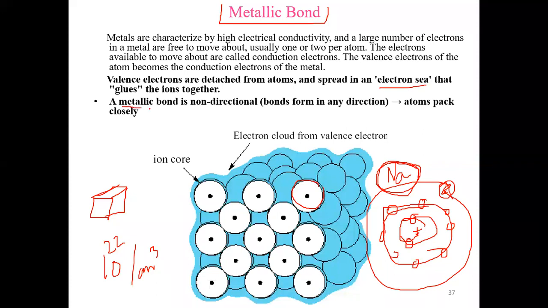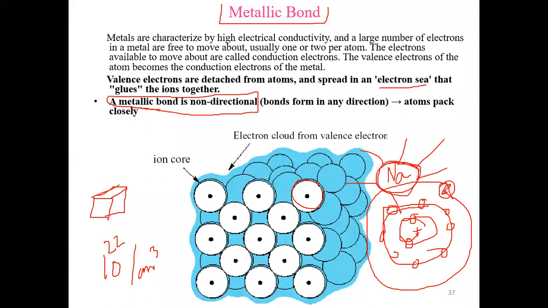And metallic bond is a non-directional bond. We have studied about the directional bond. We have mentioned that the covalent bond is a directional bond, because the covalent bond occurs when there is an overlapping, so it occurs towards the direction of the overlapping. In this case, bonds are formed by the electric field, so the bonds are the same in all directions. So that is called non-directional bond.